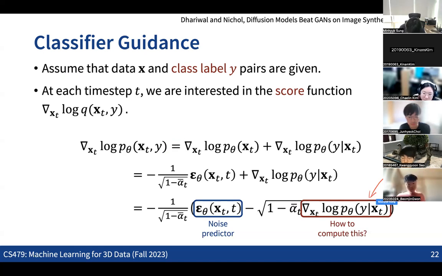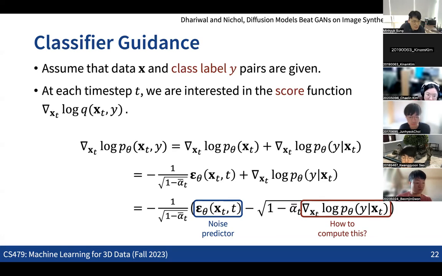And you can see that actually this is the conditional probability about the class label given the XT. So given the noisy image at any intermediate step. XT is any kind of noisy image at the intermediate step in the reverse process. So given the noisy image, how likely that image will have the given class label Y. So that's basically this conditional probability, right? So given the XT, how likely we're gonna get this specific class label? That's basically the information that we need, which is basically about classification, right?